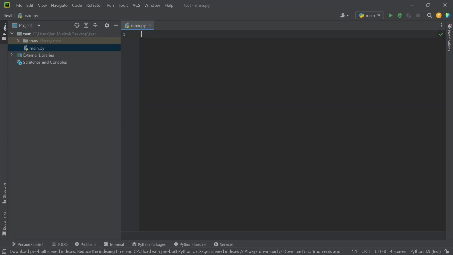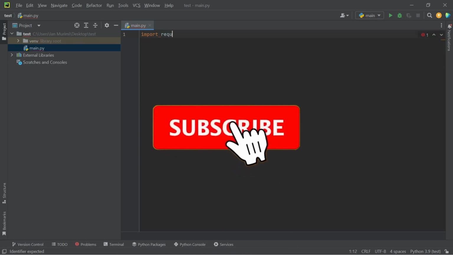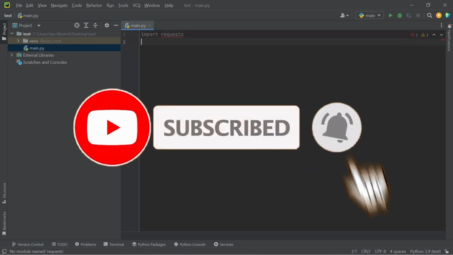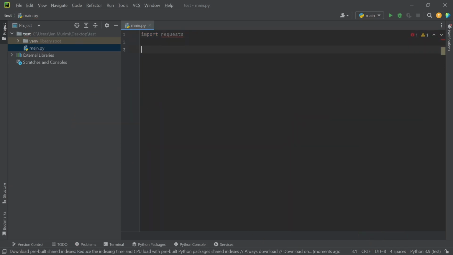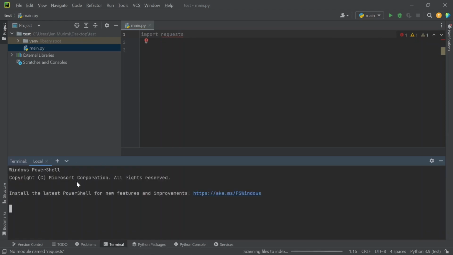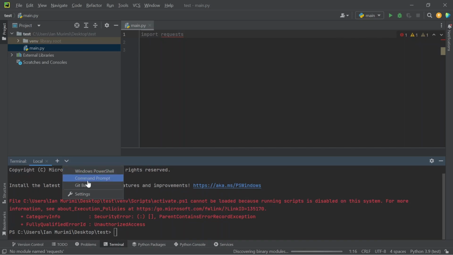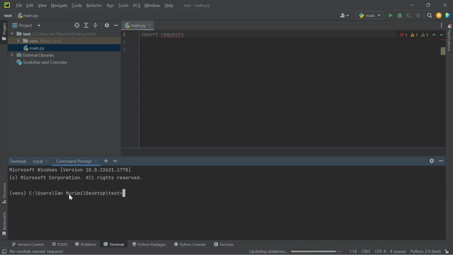Now here if I try importing requests, you can see that I have an error here: module requests is not installed. Now in PyCharm, to install packages, you head over to the terminal and then you have this little drop down button, and click on command prompt.